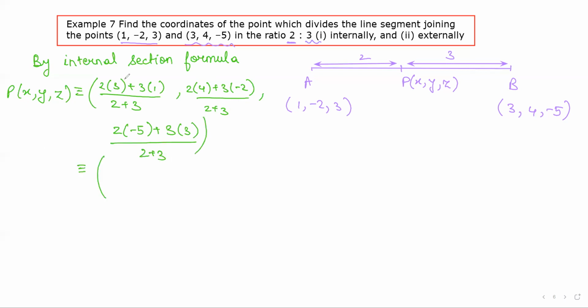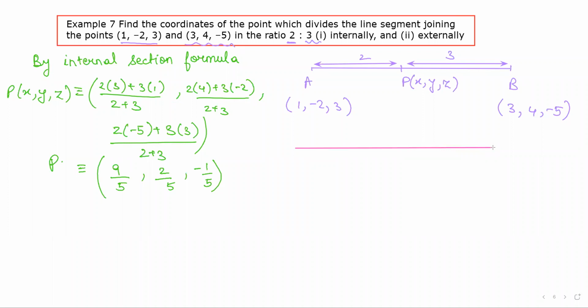This will be 6 plus 3, 9 divided by 5. 8 minus 6 will be 2 upon 5. Then minus 10 plus 9 divided by 5, which is minus 1 upon 5. So this would be the coordinates of point P. Next, we'll consider